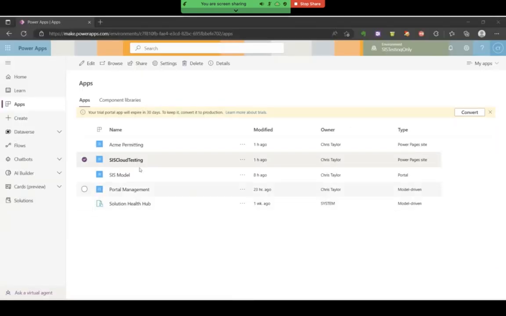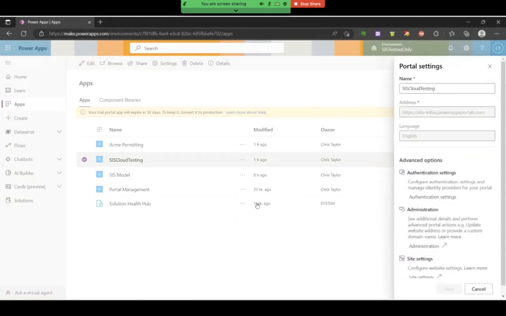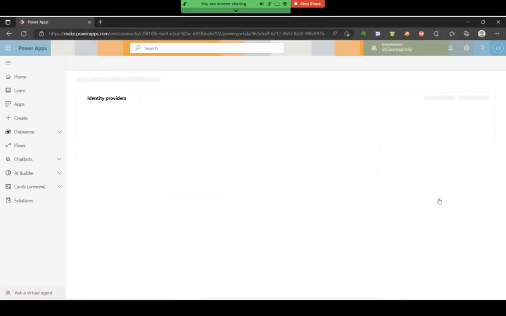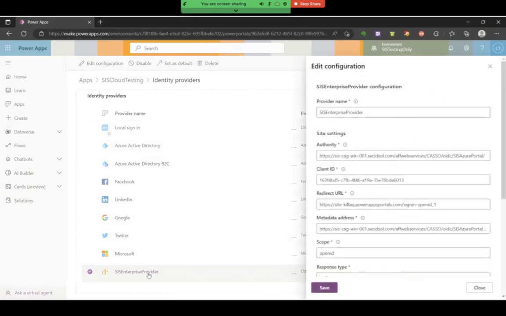So now we're going to look at the configuration associated with the app within Azure. You can tell we're in the Power Apps platform here, and we're just going to look at the settings first. We're going to choose authentication settings so we can see all of those. It's going to bring up a list of providers. As you can see, local sign-in is disabled, and so we're going to go down here to SIS Enterprise Provider,